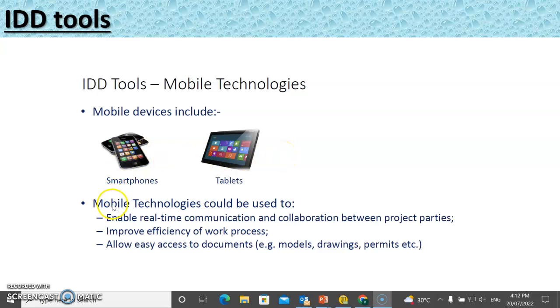The mobile technologies could be used to enable real-time communication and collaboration between the project parties, and it will improve the efficiency of the work process, allow easy access to documents, including drawings, permits, and even the 3D